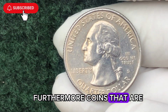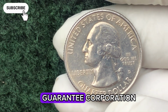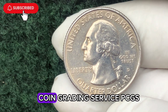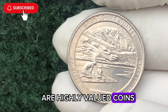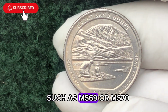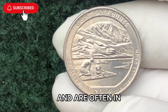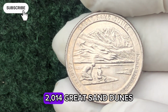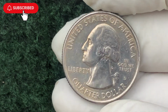Furthermore, coins that are graded by professional services, such as the Numismatic Guarantee Corporation, NGC, or the Professional Coin Grading Service, PCGS, are highly valued. Coins that receive high grades, such as MS69 or MS70, are considered nearly perfect and are often in the highest demand. The appeal of the 2014 Great Sand Dunes quarter lies not just in its aesthetic beauty, but in its